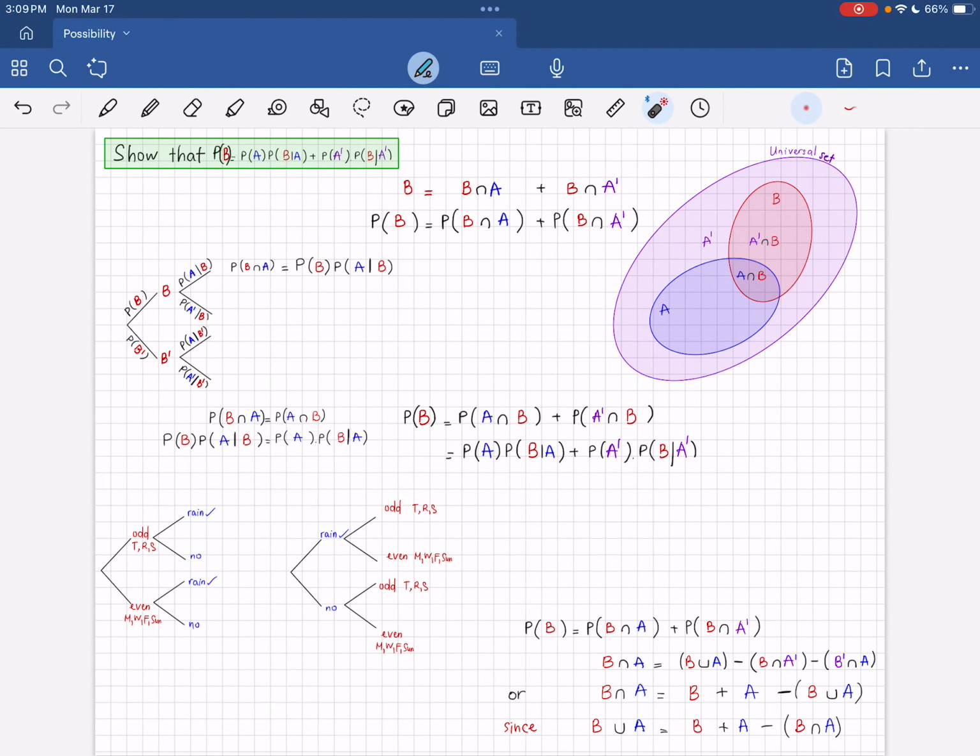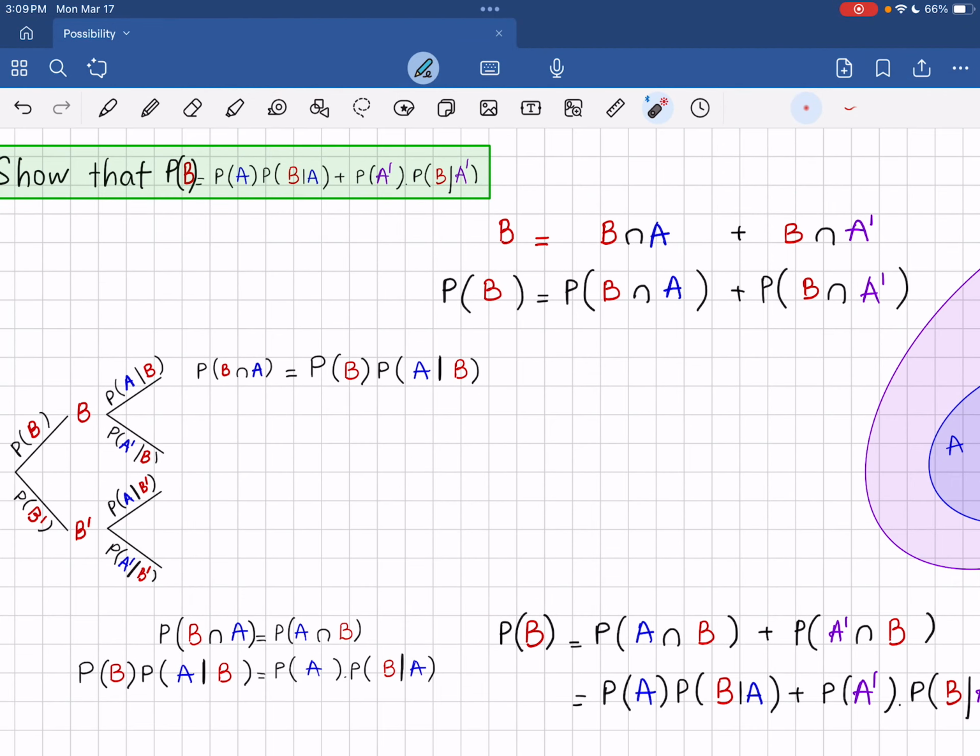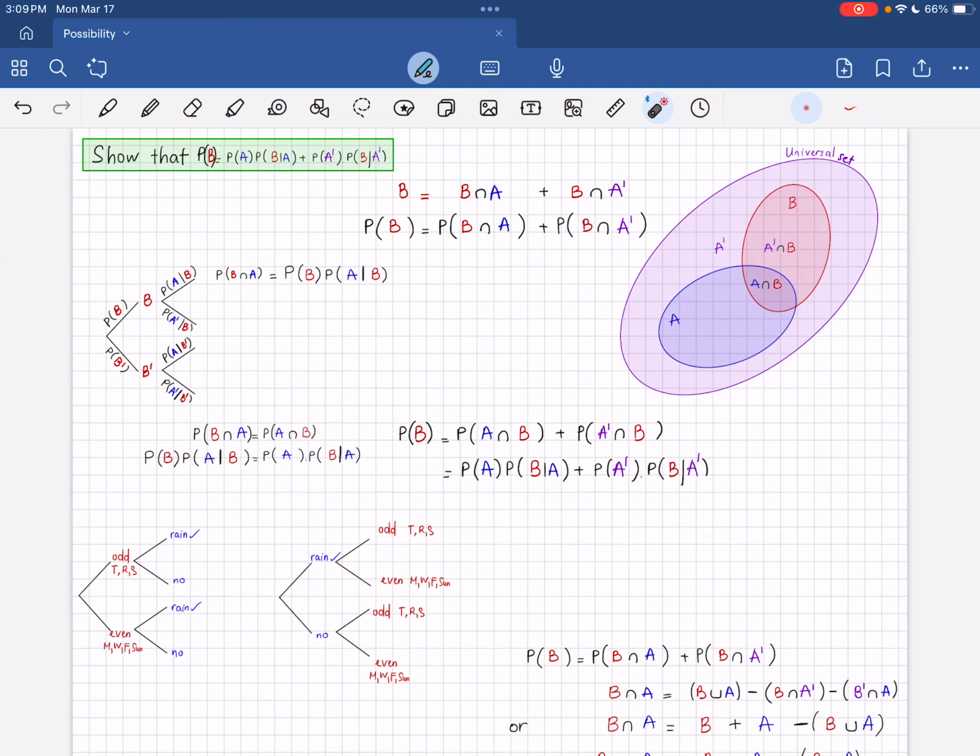Okay, so now let's show how we can obtain this expression: the probability of set B equals the probability of A times the probability of B given A, plus the probability of the complement of A times the probability of B given that complement of A. So to begin with, we need to